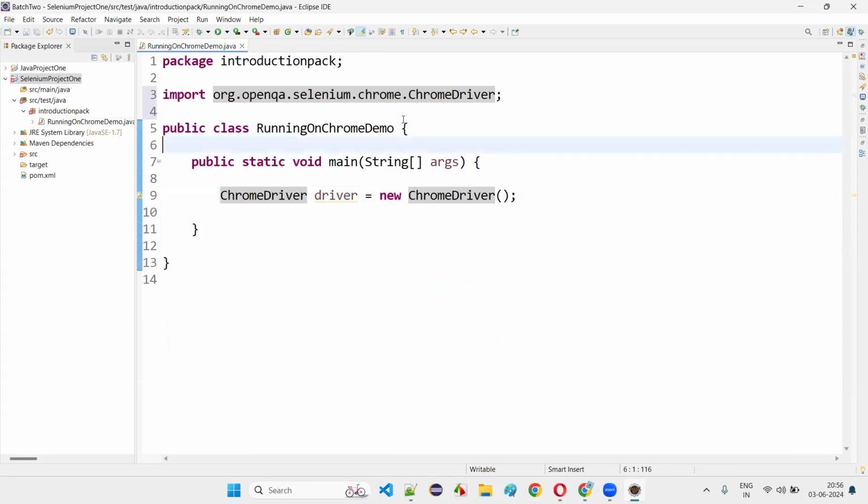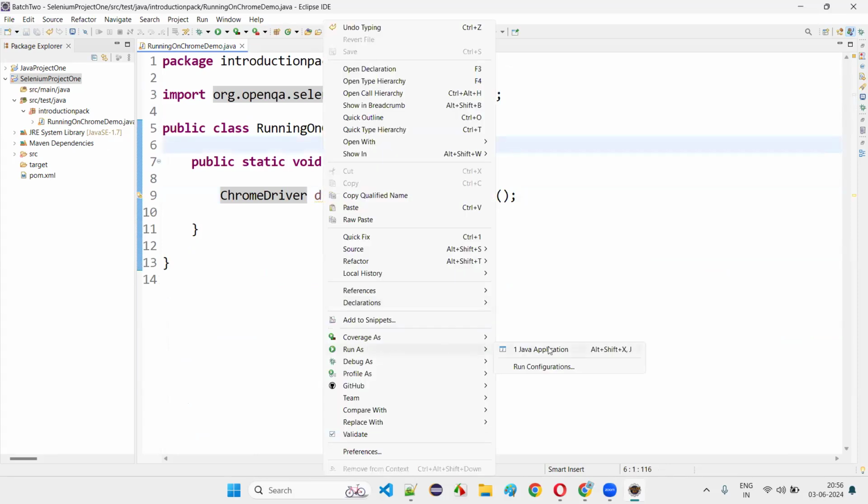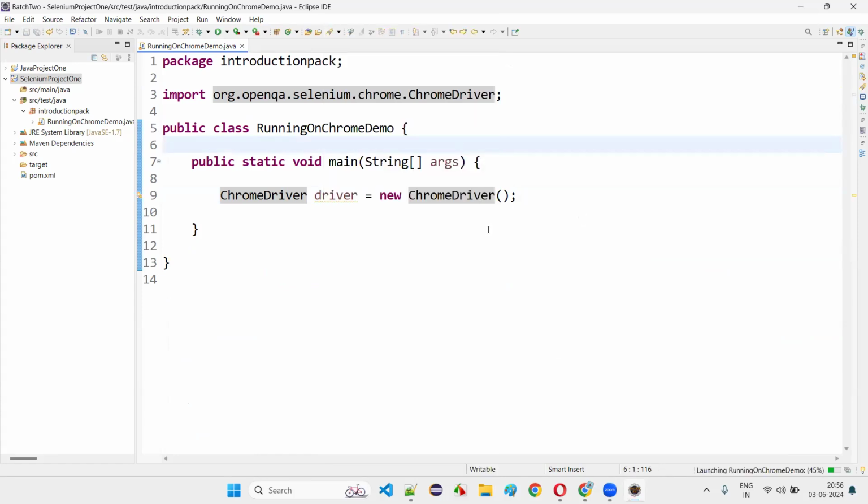Click on save all and just run this. Right click, run as, only this one line Java application. Same way to run. Okay. Main method is there. Main method you have to run using the Java, right? In that Java main method, you have written the Selenium WebDriver code. Just run the code and observe that once the execution starts,